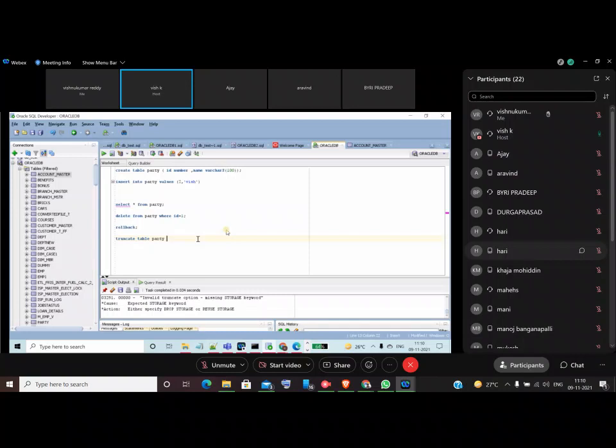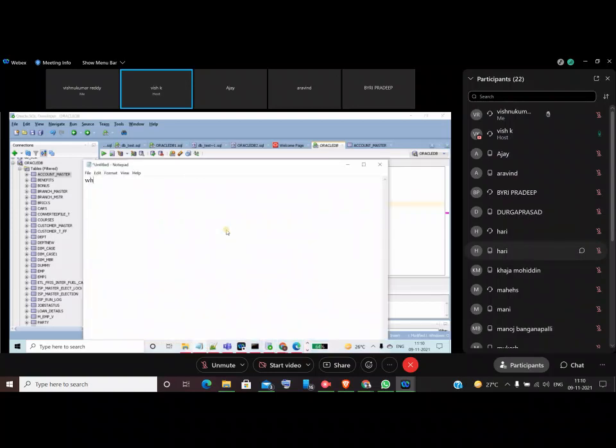You cannot delete some specific records. Truncate means all records will be deleted. So when you use rollback also, data will not come back, because truncate is a DDL statement. When you are firing a DDL statement, it will automatically commit, guys.